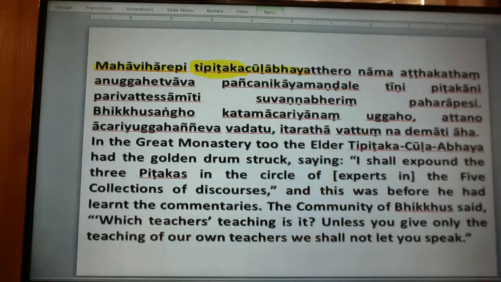So the name of the senior monk Thero is Chula Abhaya. He has the ability to memorize the three baskets. Nama means name. The Athakatha means